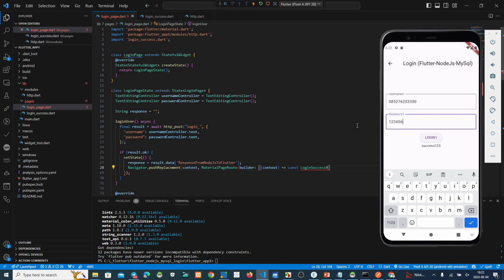Sorry, moment please. Why this one, the red?